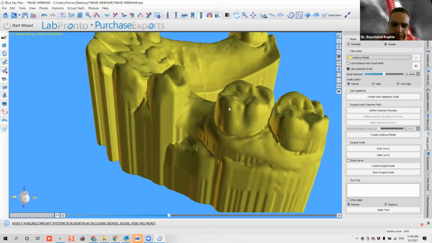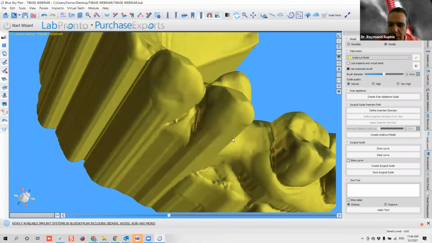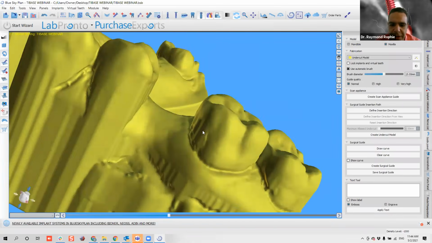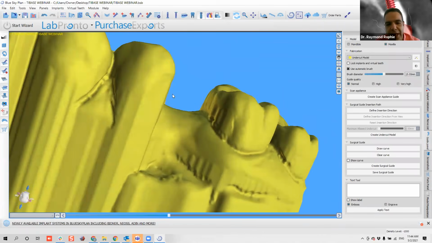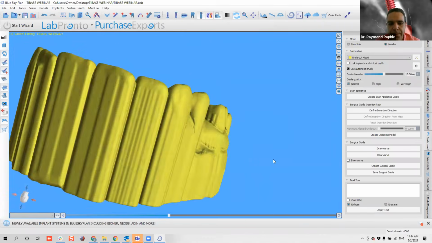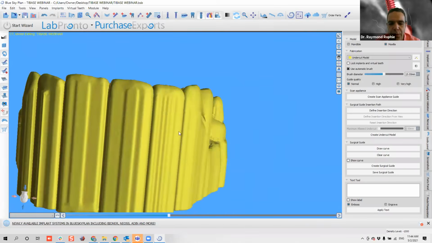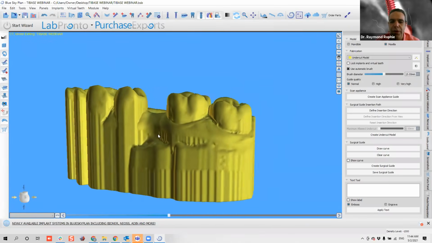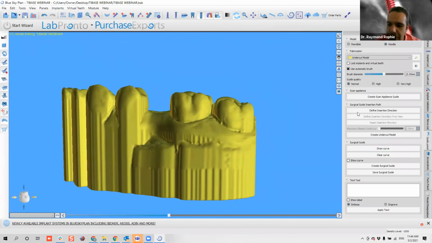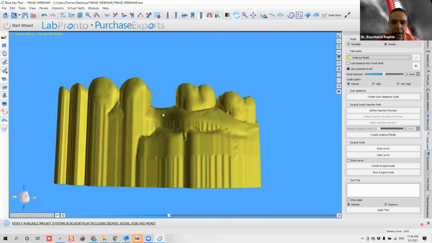So here, you can see that the Undercut model created these areas like a digital surveyor, okay, that will create a path of draw, will create a path of insertion. For any reason, if you don't create this in a way that you can see that this is expulsive, okay,